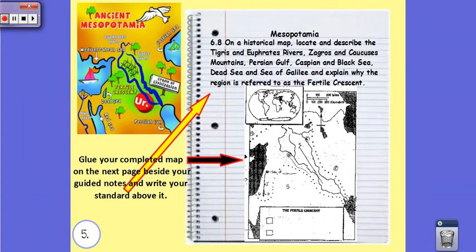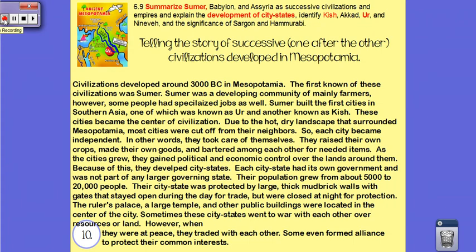Alright, let's see what the next thing is. The next one is your standard 6.9, and this is a really big one. This is summarizing how Sumer, Babylon, and Assyria became civilizations and empires, and how they developed into city-states. So you need to be able to tell me who Sumer was defeated or conquered by, and then who they were conquered by. You also need to be able to tell me